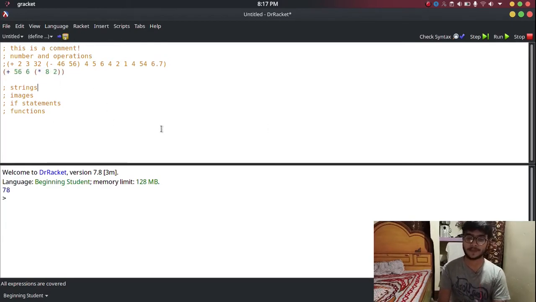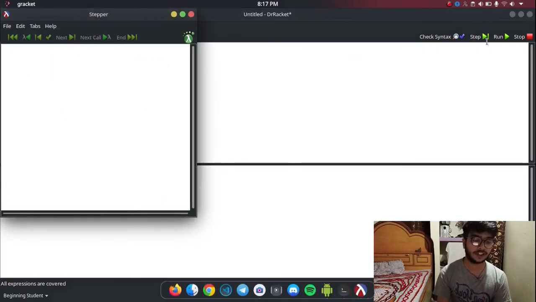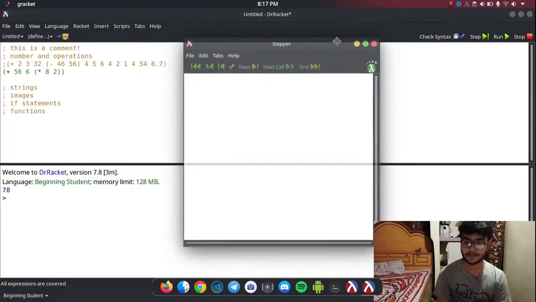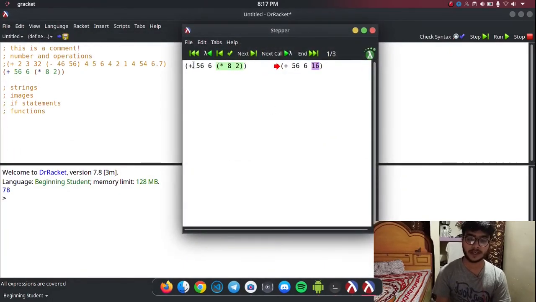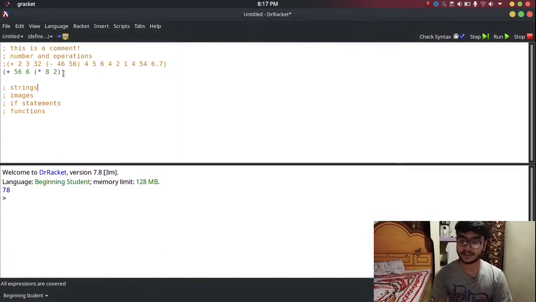Okay, and if you want to see how it's calculated, we can check that as well by using step, or it's called stepper here. Okay, so first this bracket will be evaluated. Let's just add more of these actually, so that we don't waste a lot of time here. Okay,